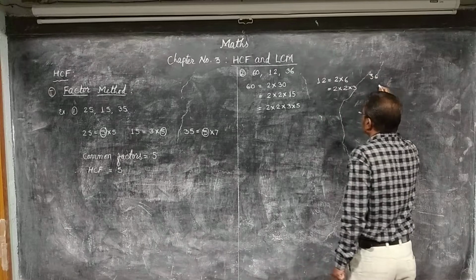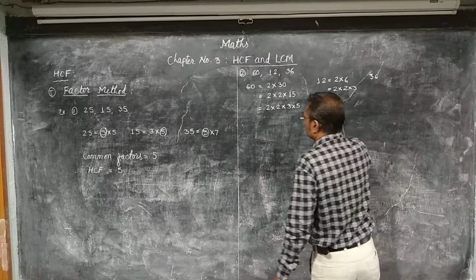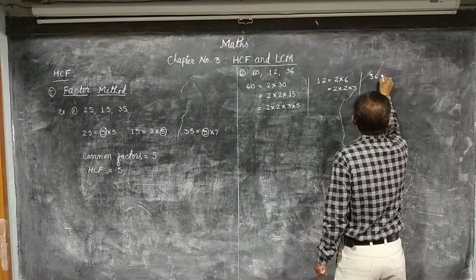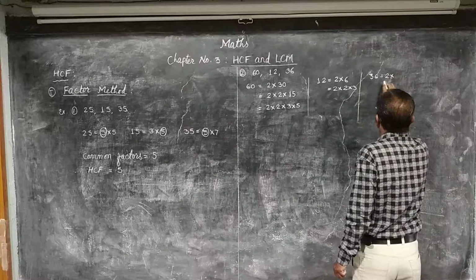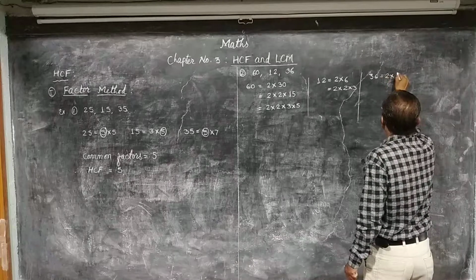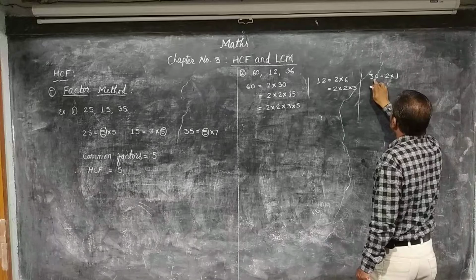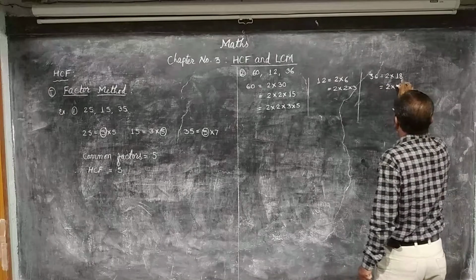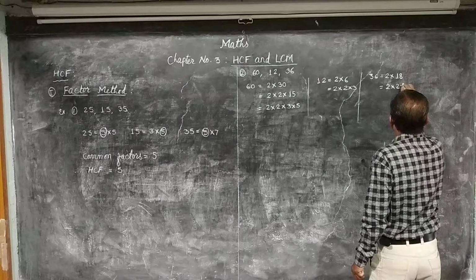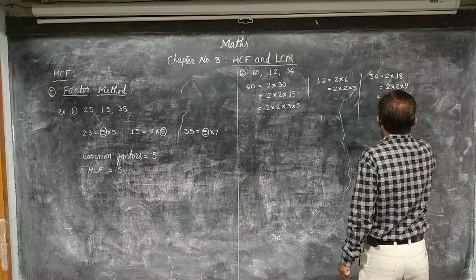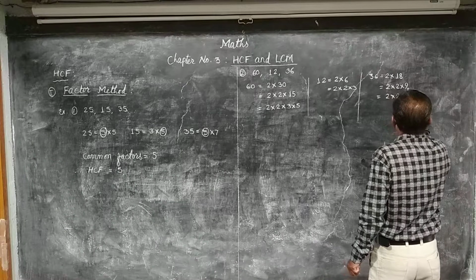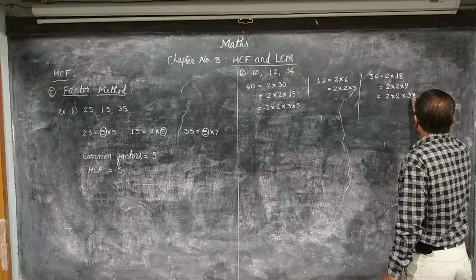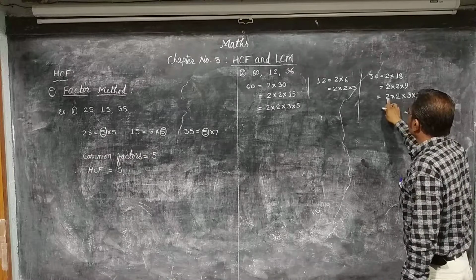Again in the unit place there is 6, therefore we can use the test of 2. 2 1s are 2, carry 1 becomes 16, 2 8s are 16. Again in the unit place there is 8, therefore 2 9s are 18. 2 into 2. Now after 2, 3 is a prime number, 3 3s are 9. 3 3s are 9, 9 2s are 18, 18 2s are 36.